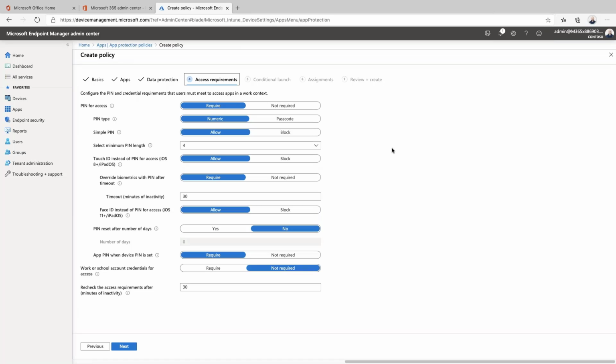Now we get to access requirements. Where do we need a PIN? Yes, we do. And this is a PIN to launch the application, not to launch the device, because the device is yours and you've already gone through the PIN. So you can go through and say, in order to use this application, I need you to put a PIN code in. I'm going to leave it as the default settings, but you can see simple PIN, numeric, touch ID